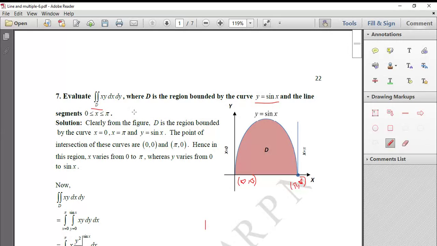You should note that in the range of x or y, either x should take constant values or y should take constant values. It all depends on you, how you are going to consider it. Either you take constant values for x based on this region, or you take constant values for y based on this region.